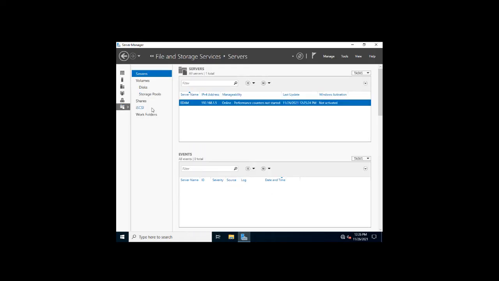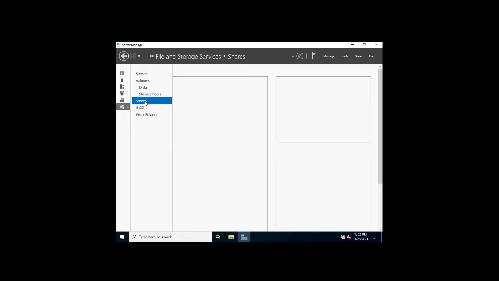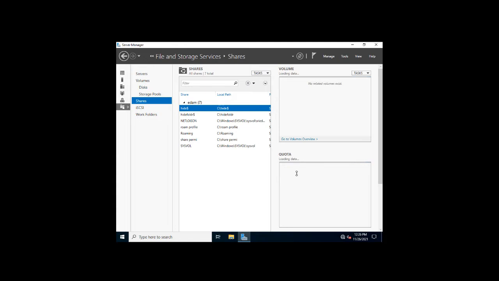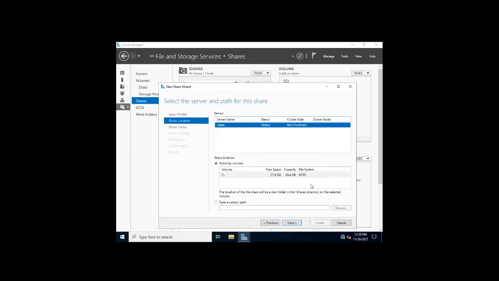Once that role is installed, you can see the File and Storage Services option present here. Now click on this, select Shares. Click on the drop down here, click on New Share. Click on Quick, type a custom path. On my server I have only one volume, the C drive, and I have limited space.